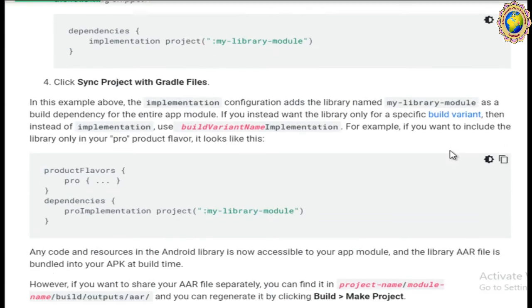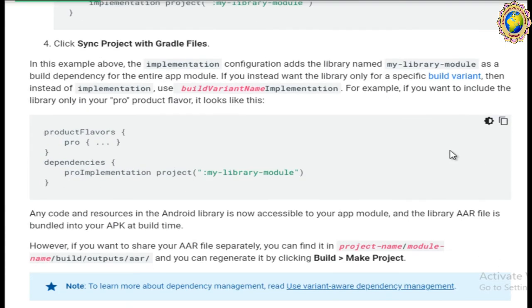Now let's see how we can synchronize the project with the Gradle files. In this example, the implementation configuration adds the library, my library module, as a build dependency on the entire application module. Okay, if you instead want the library only for a specific build variant, and you know about build variants, instead of implementation use the build variant name followed by implementation, right?